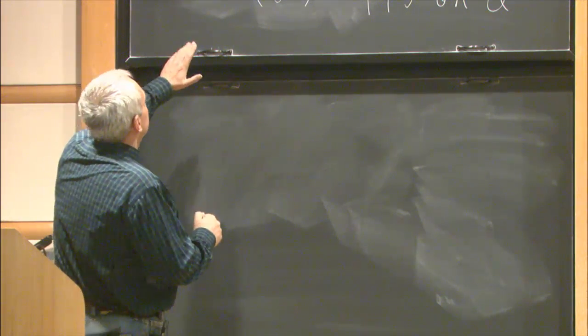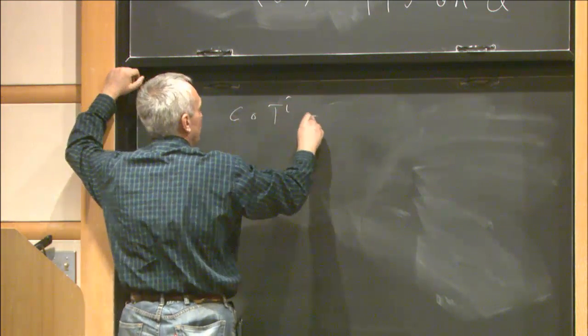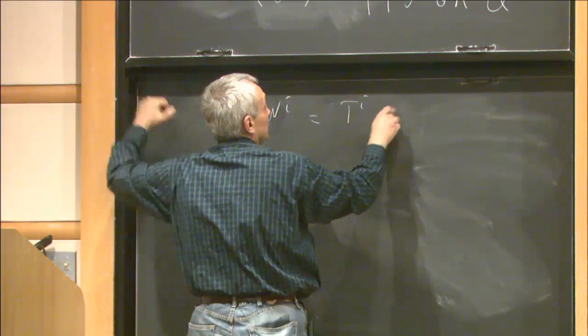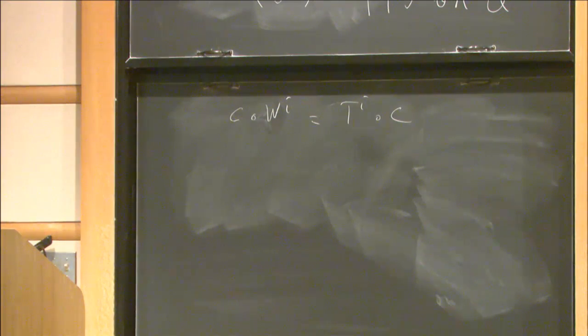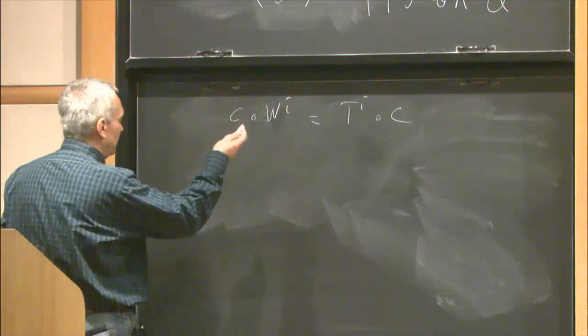So what did I want to say? Yeah. So this guy C is supposed to intertwine WIs and TIs. And why is that mirror symmetry? The reason this is mirror symmetry is that, of course,